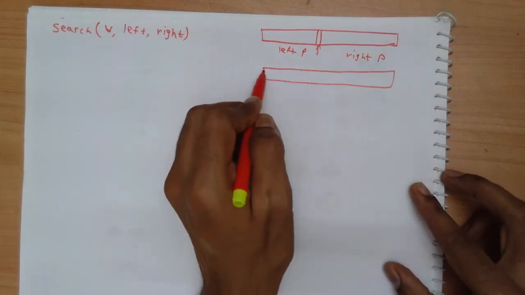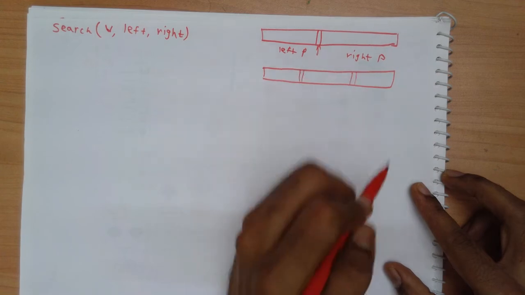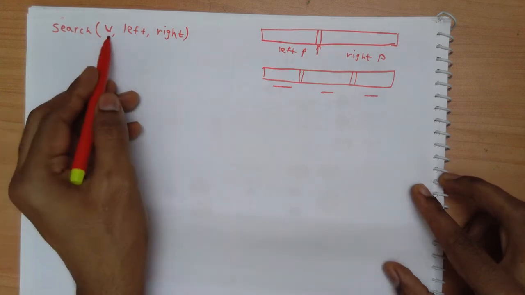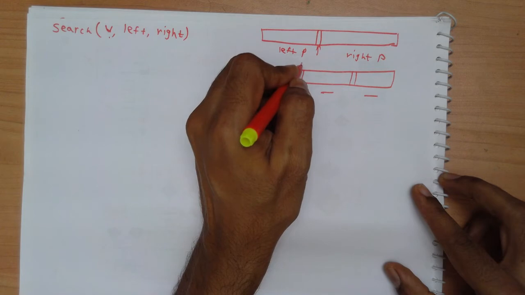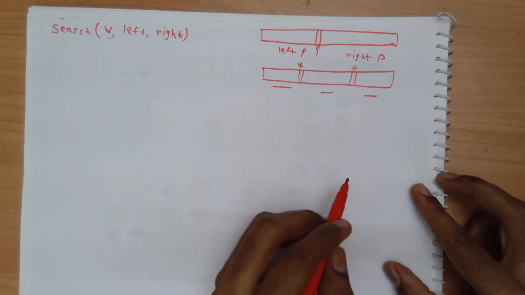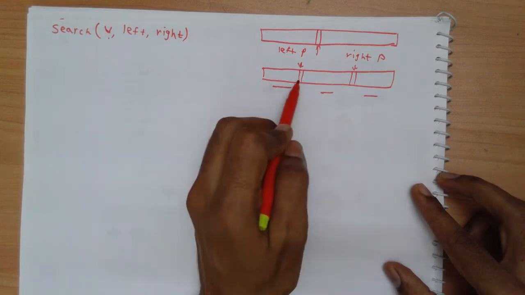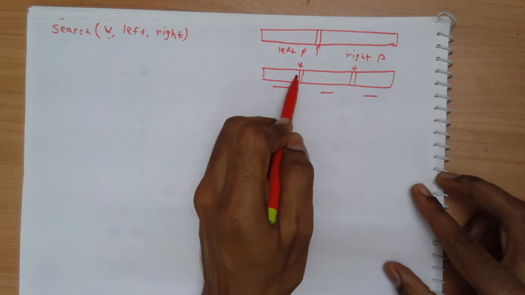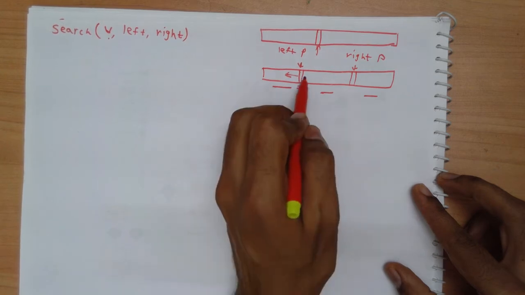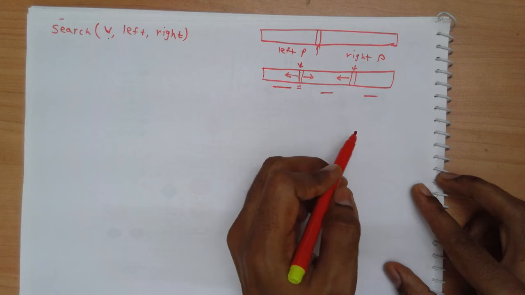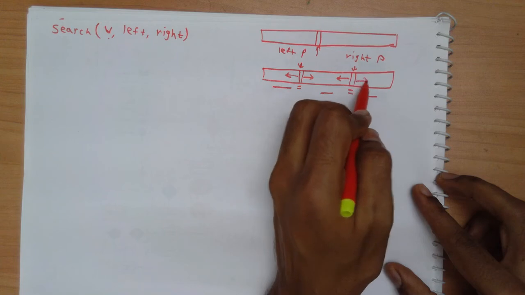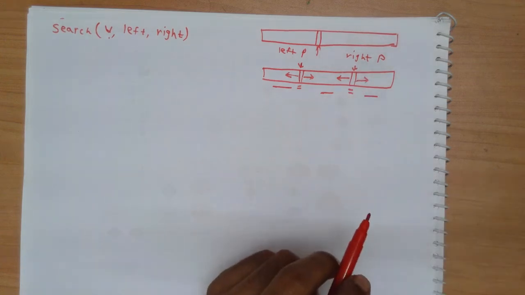Given this array, I would now select two elements and create three partitions of my array, and I will compare my search value v with this element as well as this element, and now there are three possibilities, or more than three. First possibility is that the value v is less than this particular value. Second is it is equal to this particular value. Third is it is between these two values. Then fourth is it is equal to this particular value, and then last possibility is greater than this value. So five possibilities we have,